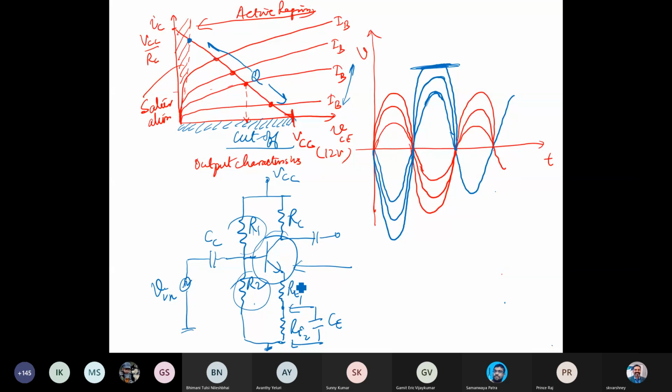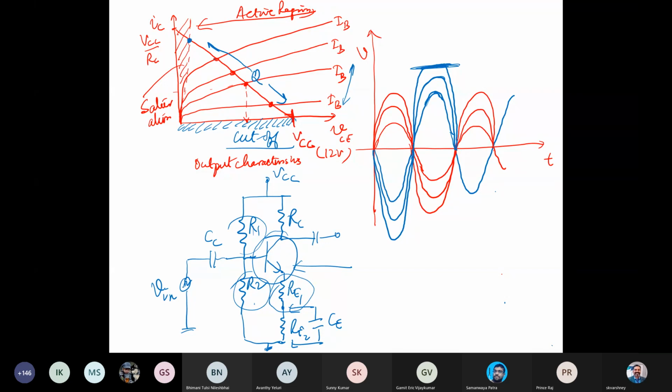And then we also connect RE1, let's say, because it is connected to the emitter terminal. That's the reason we call it the emitter resistor. Why did we evolve it? I am going to explain that in the next few classes in the DC analysis part. Regarding your experimental part, we need to see whether the Q point is suitably located or not for the circuit.